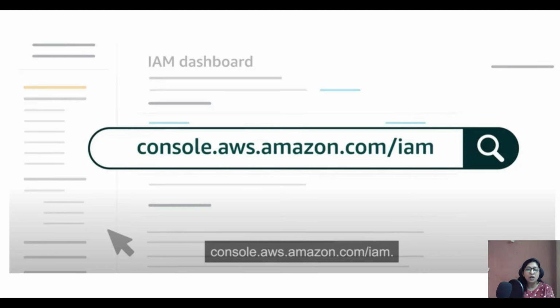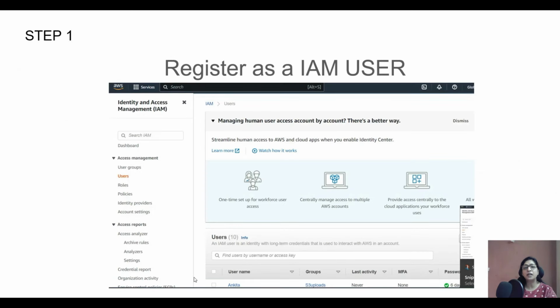So go to your console, go to IAM and create a new user. This is how you can register as an IAM user. Click on the user and start creating a new user. I have just given you screenshots because if I try to record and implement everything, this video could be maybe 2-3 hours, but that's not what everybody wants to watch. So I've given you quick screenshots, and if you want to go into the detail of each and every step, where I record how I have implemented this, then you can join my course definitely.